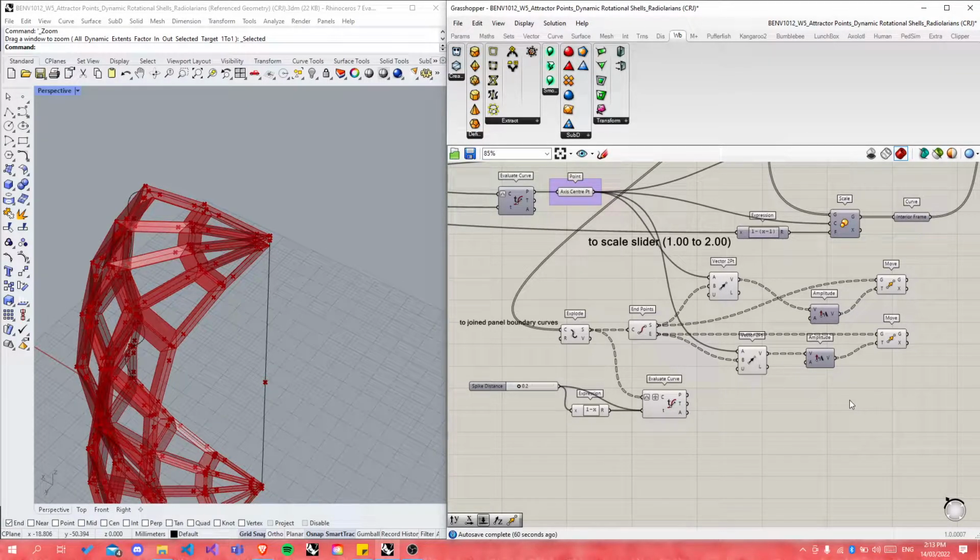So the explode doesn't go on the points. It actually goes from those joint